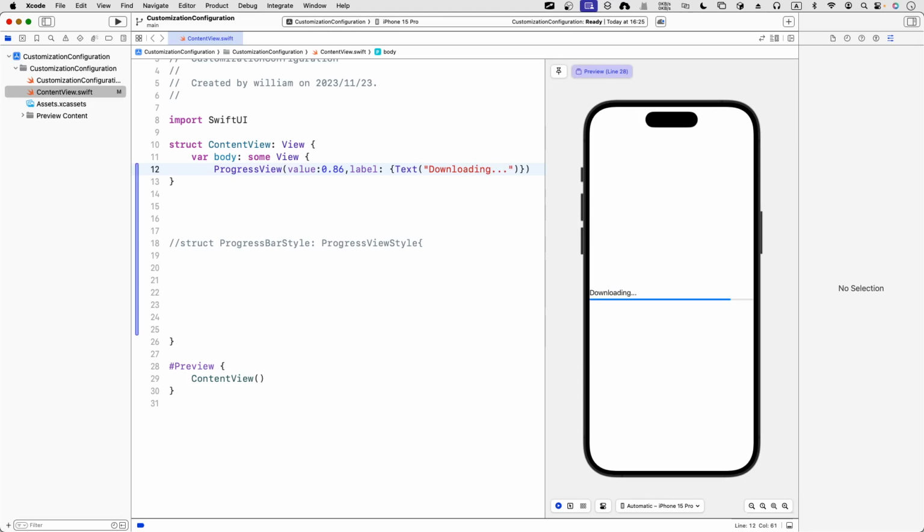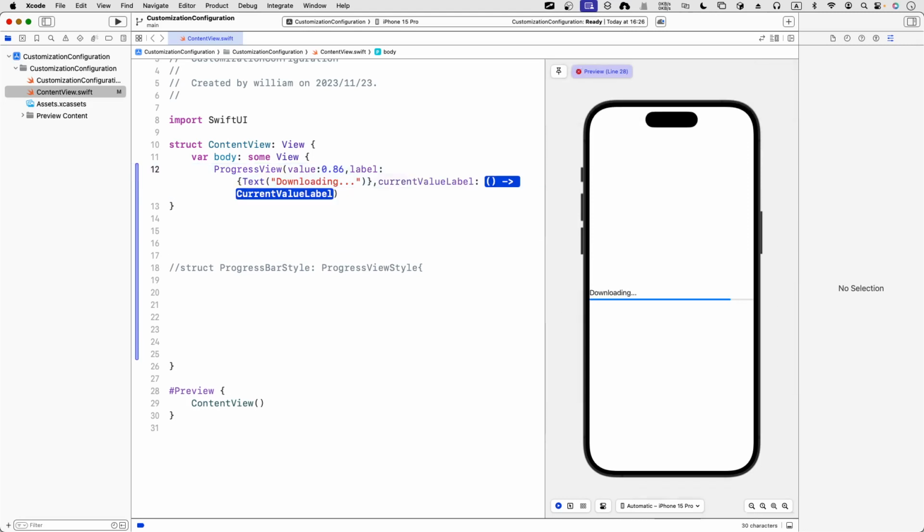Dot dot dot, so it's actually downloading. And what I'm going to do is add the current value label, and it's really convenient because you want the user to get what the current value is. Okay, so instead of just the current value label,